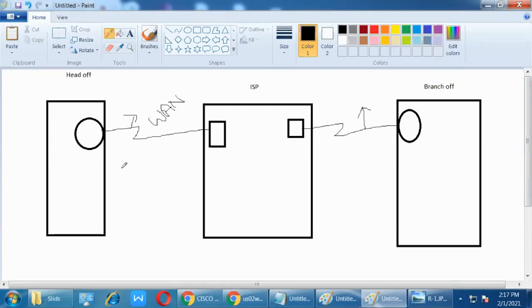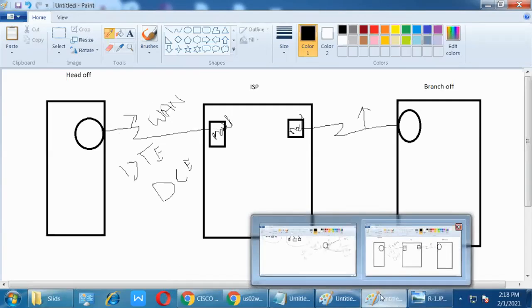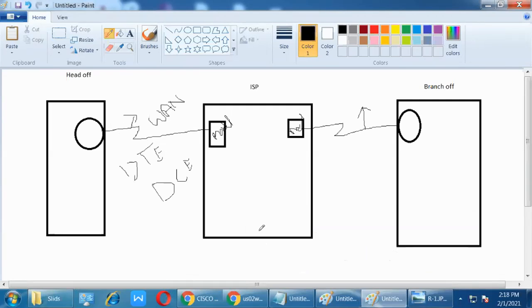The technology is DTE or DCE: data terminal equipment and data communication equipment. We will discuss that later. In real time, this is the modem. Which modem? Some people say leased line modem. There are different model numbers and types of modem. Don't go into that, just keep in mind that it is the ISP modem.